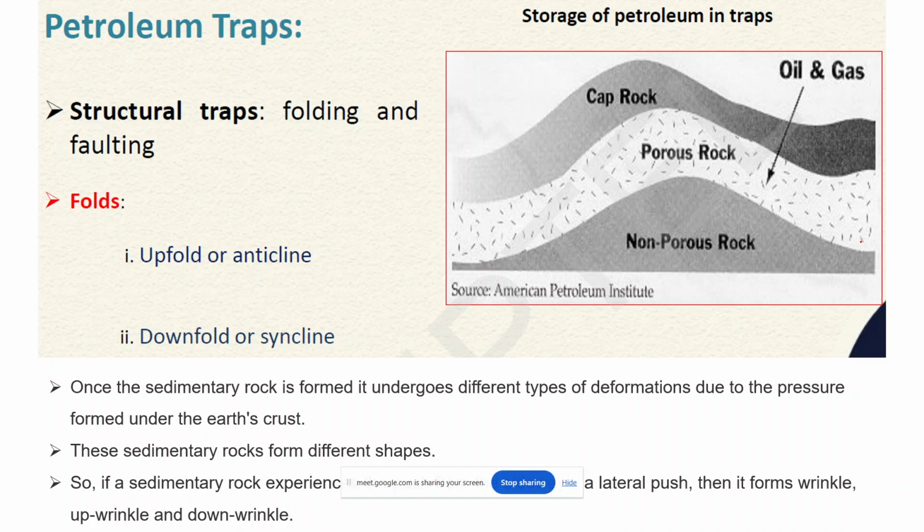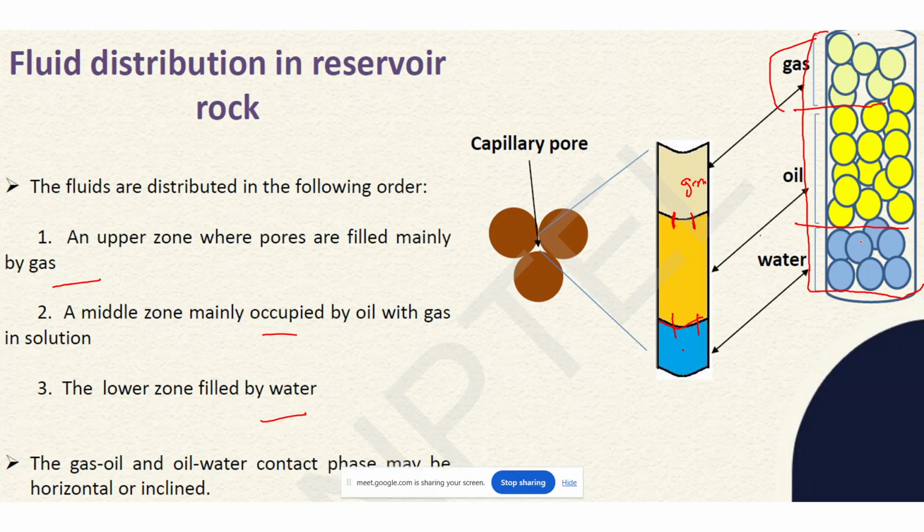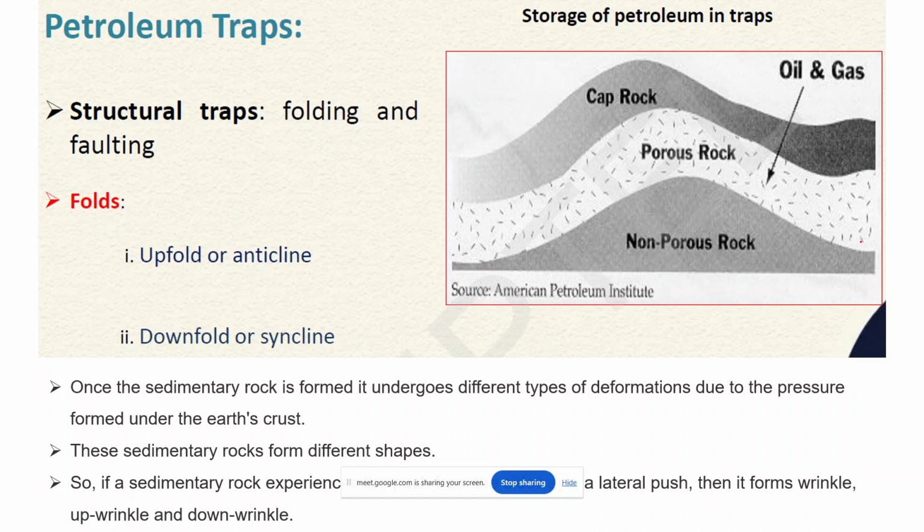So basically, first we saw what kind of rocks are required for the storage of our crude oil. Now there are different kinds of traps, where the formation of these rocks in different forms is present deep down in the earth. We cannot say that below the earth, due to high pressure, the rocks are not always moving. So we cannot say that it will always be a sheet-like structure.